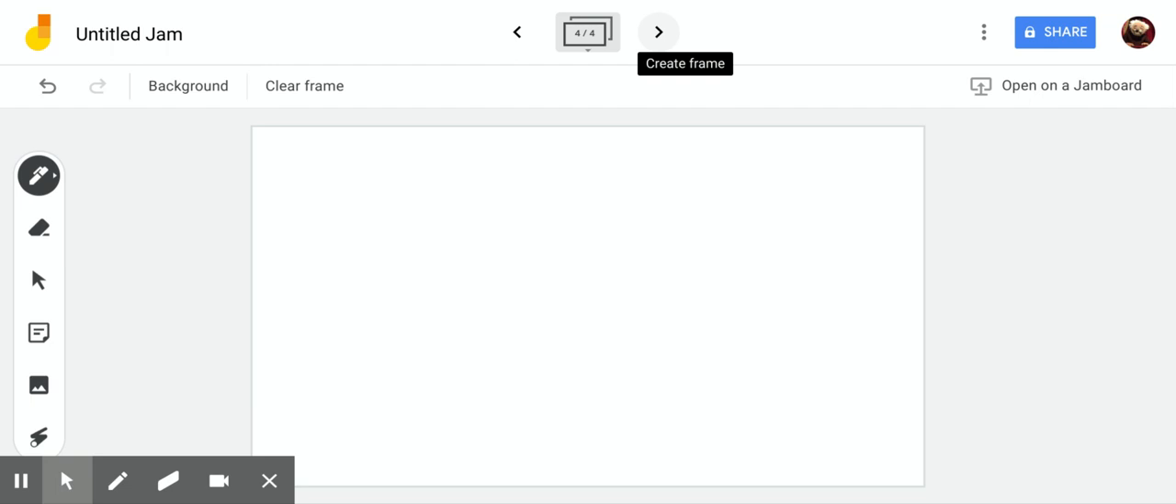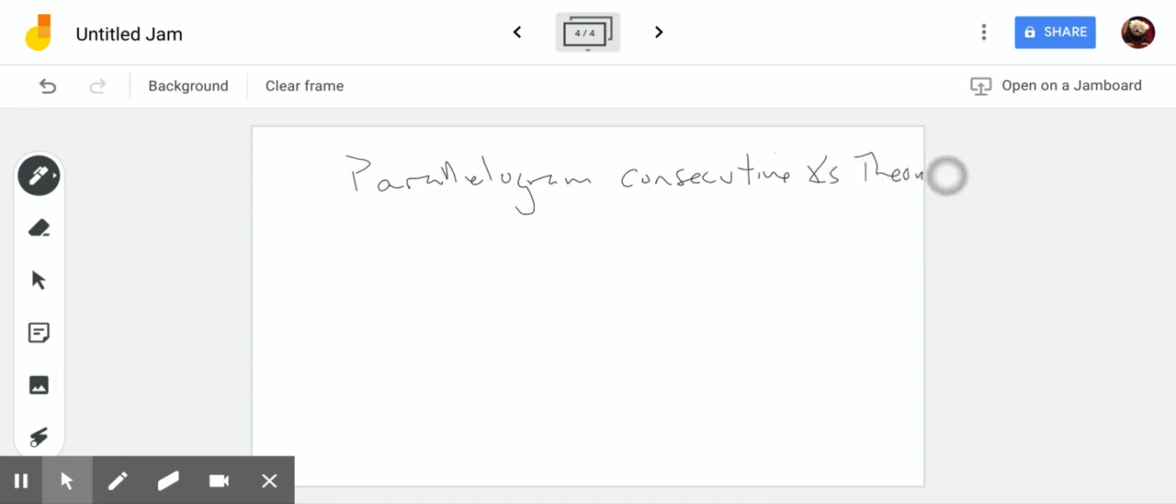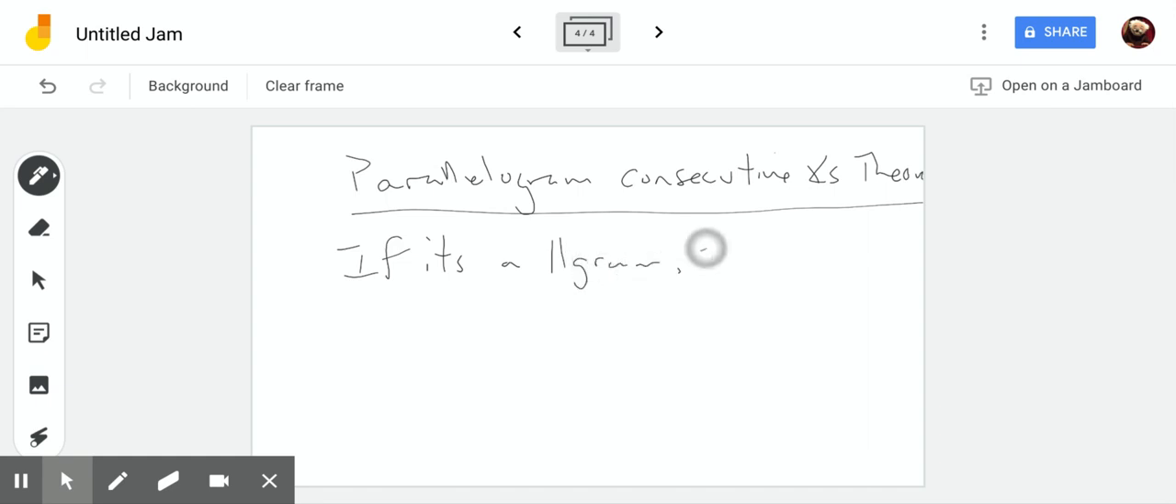Okay, the third of our four theorems today, the parallelogram consecutive angles theorem. Okay, parallelogram consecutive angles theorem says if it's a parallelogram, then consecutive angles